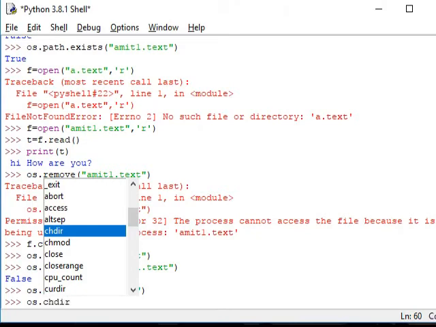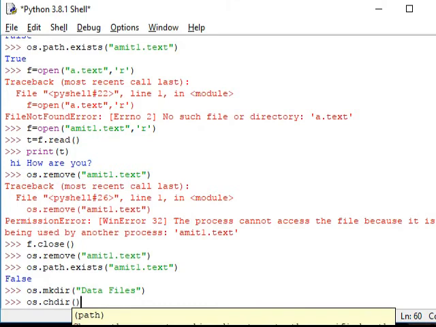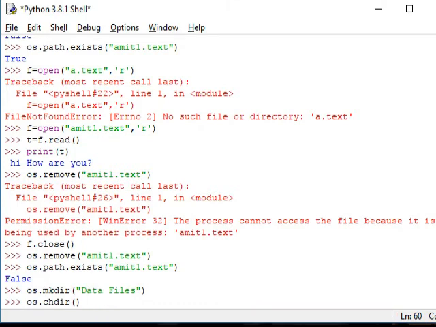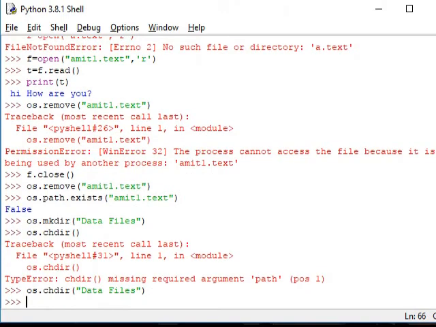This will be the short form, and I have to write the directory name. Let us type the name, datafiles. Okay, so it has changed to datafiles.